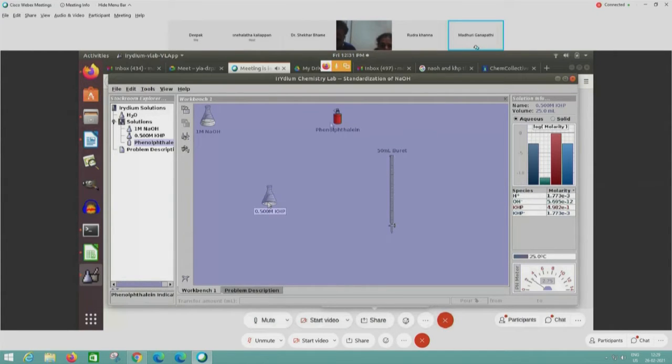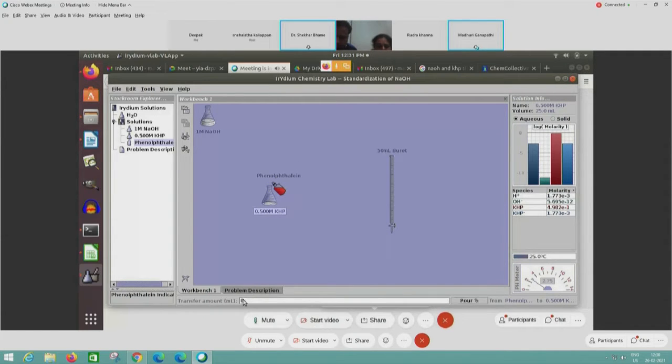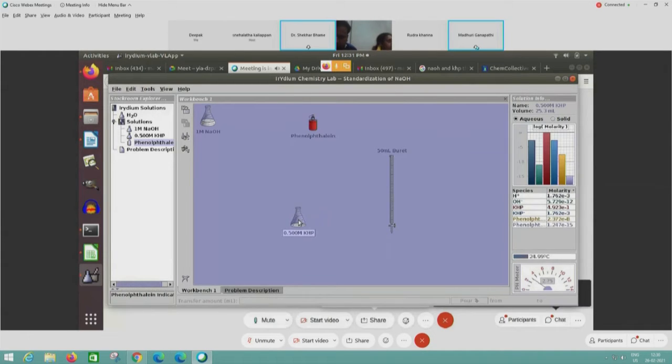Then add 0.3 ml of phenolphthalein. I will drag the phenolphthalein bottle towards it, type 0.3 in the transfer amount input bar, and click on pour. Here I have added it, so I'll put it back in its place. Now we have 25.3 ml of solution in the solution info panel.